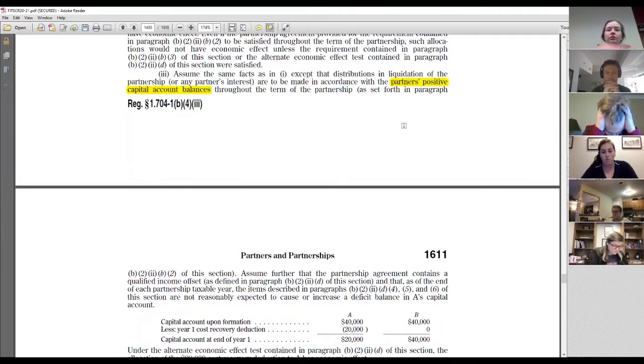So now we have 1 and 2. We have this QIO, which I bracketed off for now. We have some other language that will become important later, but now, because we meet the first 2 of the big 3, and we have this QIO, now we ask,